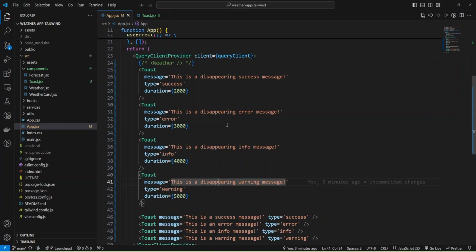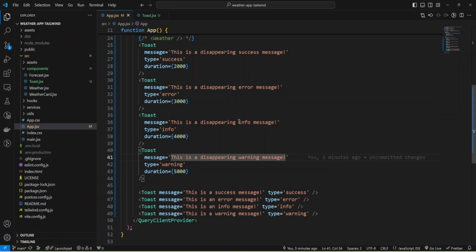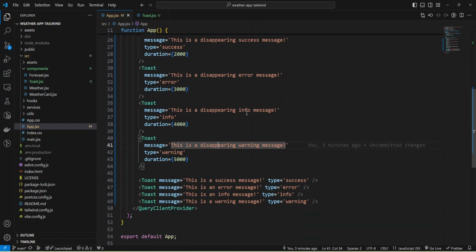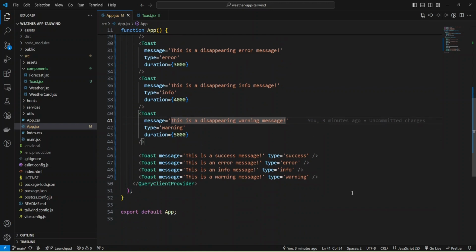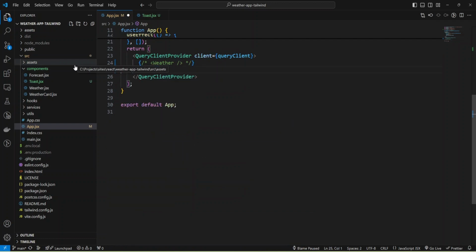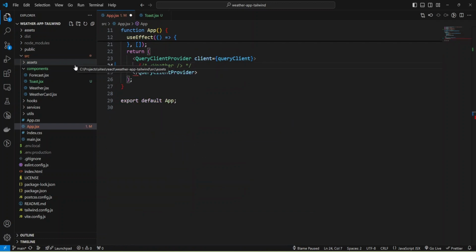And now I'm going to add my component inside the weather application, and you can check my video about the weather application. And now I'm going to just remove all this code, which was for testing purposes to verify our component.